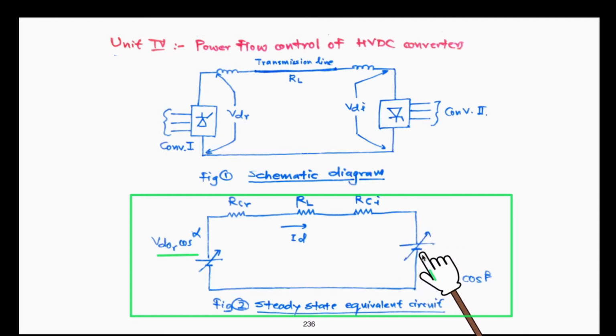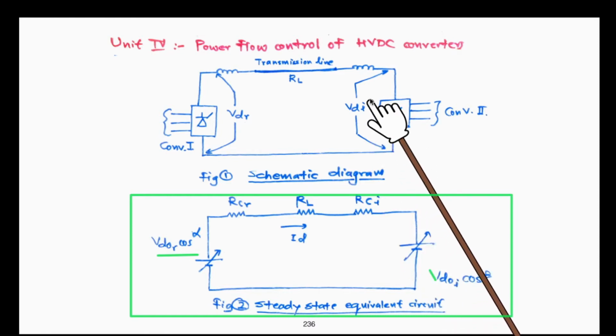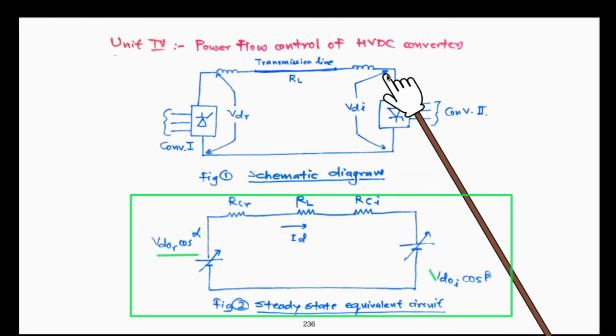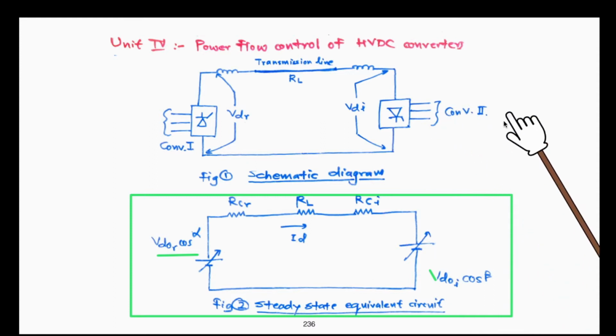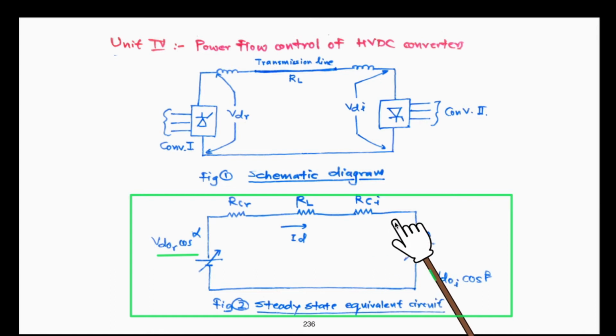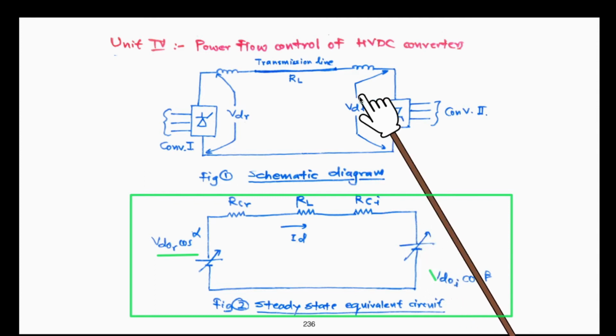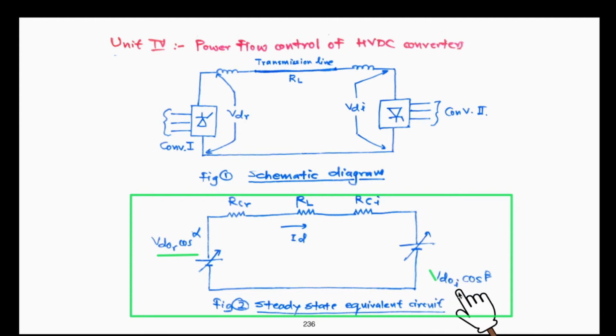So DC side also, this inverter end, you can see the input voltage at the terminal of inverter, right, which will be again converted to AC for connecting it across the load. So this end, which is receiving the DC current, you can consider as an active load here, right, and variable as firing angle of inverter is controlled, and this is VDI. VDI is equal to VD0I cos of beta. So this VD0I are all those terms 3 root 3 Vm upon 2 pi that we have used for calculation, standard form, right? So very simple steady state equivalent circuit.